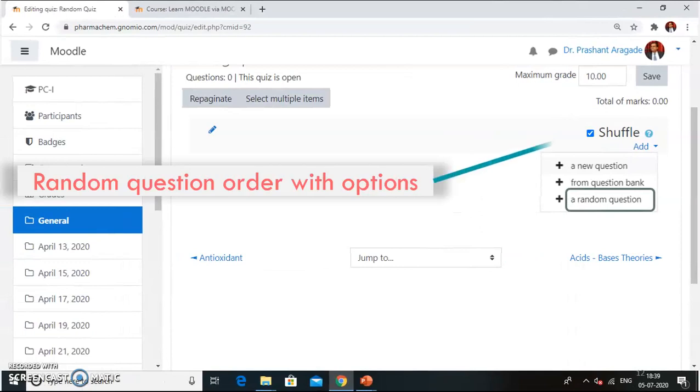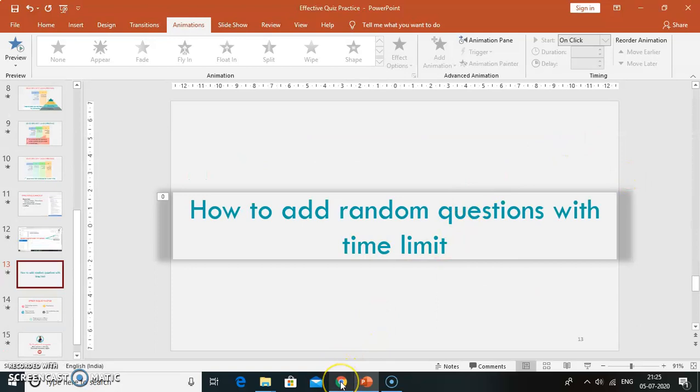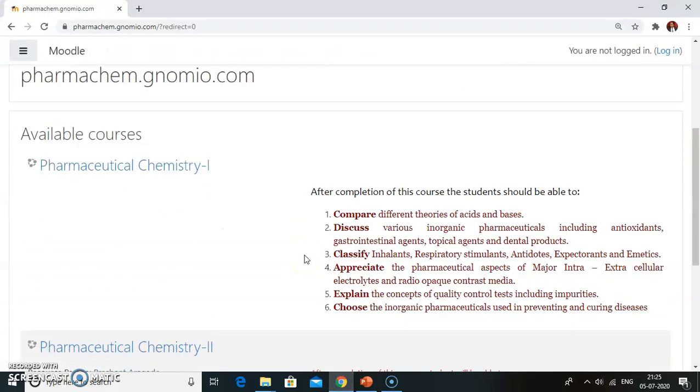Such as you can add a random question order with shuffle option on from your Moodle course. So let's see how to add random questions with time limit. For that purpose, we have to go to our course.